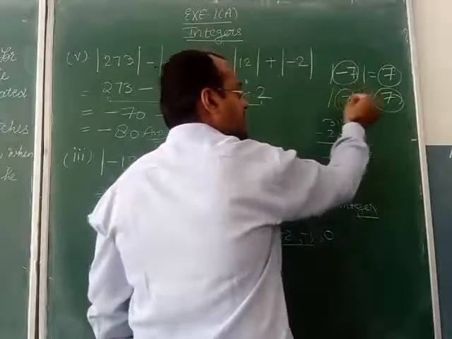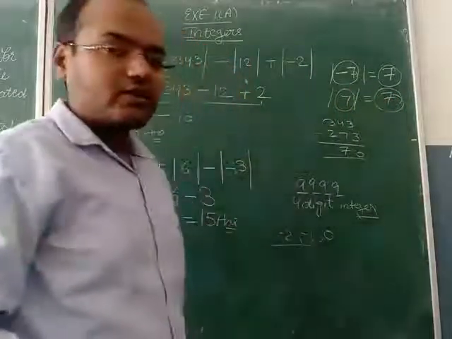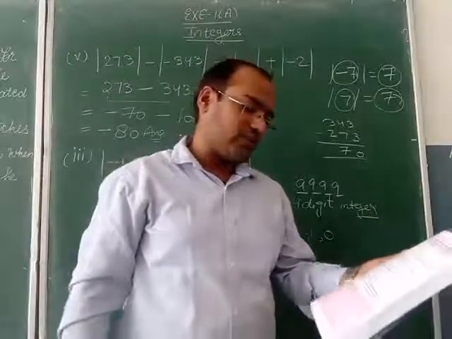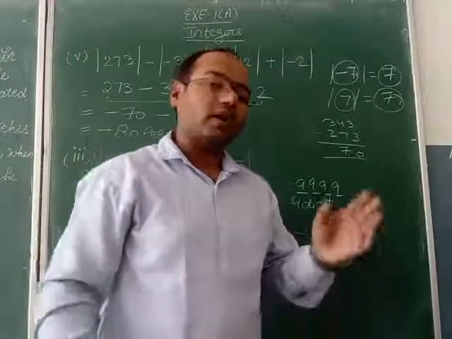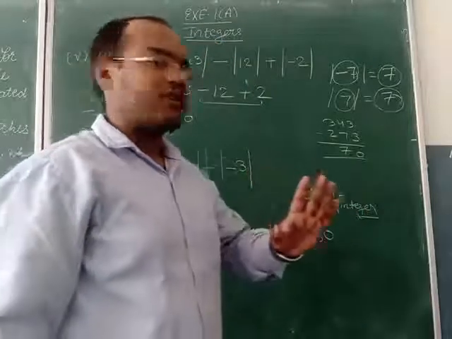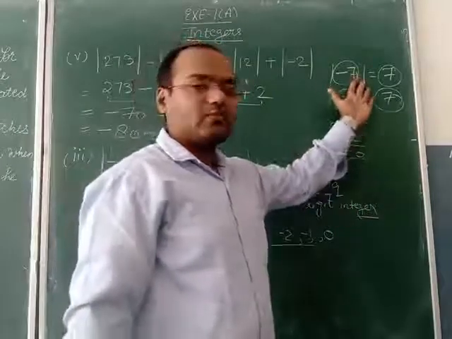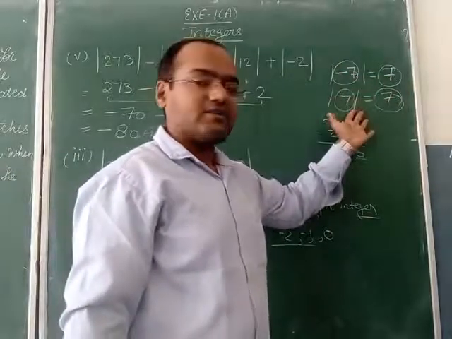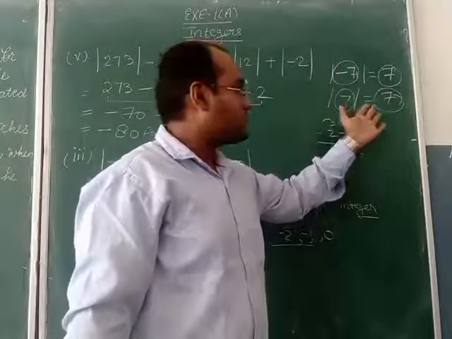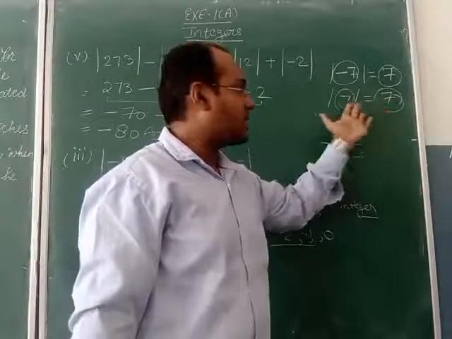That means 7 and 7 are equal to each other. In the question it is given that the absolute value of any integer is always greater. No, the absolute value of an integer is not always greater. Here in the first example the answer is coming greater. Okay, that one is fine. Now in the second example when we checked, the answer is not coming greater. Here the answer is coming equal.